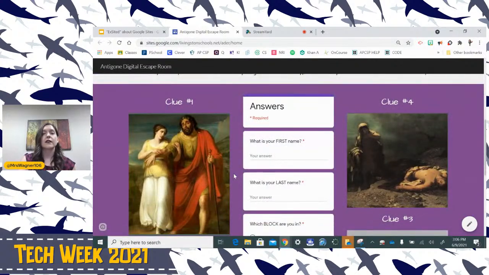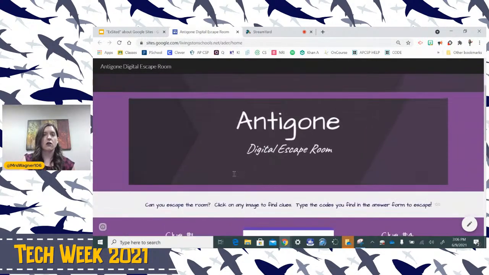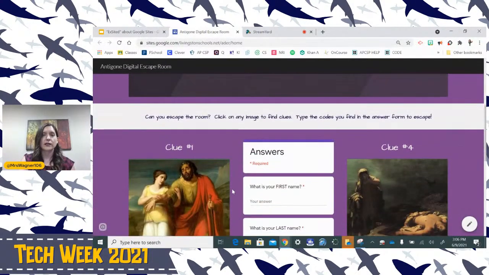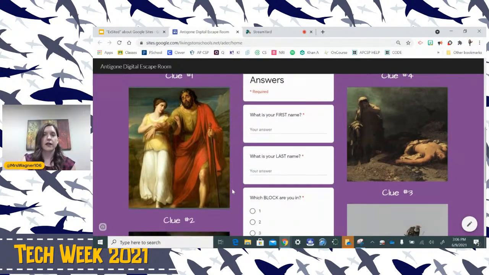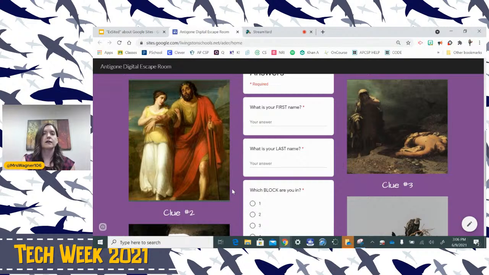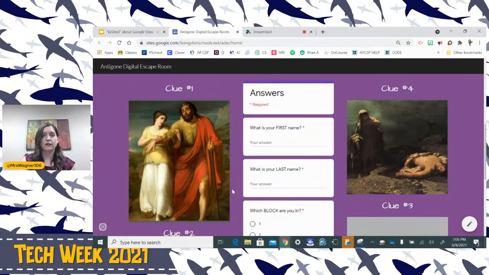They look complicated because there are a lot of pieces, but once you know the basics of Google Sites and Forms, you can create an escape room about anything that you're teaching.